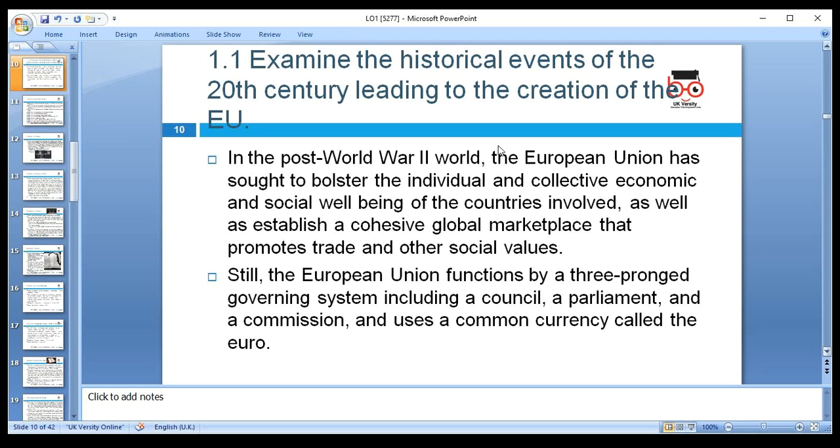Still, the European Union functions through a three-government system, including the Council. In 1951, the European Coal and Steel Community was set up by 6 founding members, then setting up the European Economic